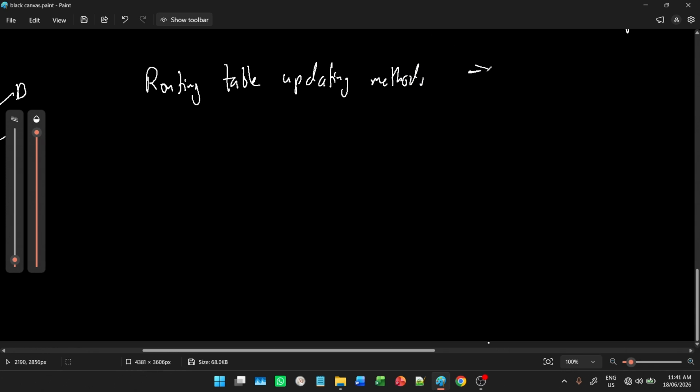So we can see connected, there's static, and then there's finally default, right? Okay. So the static method,